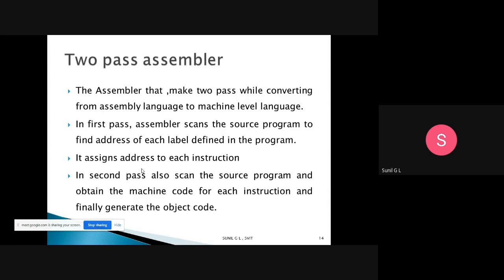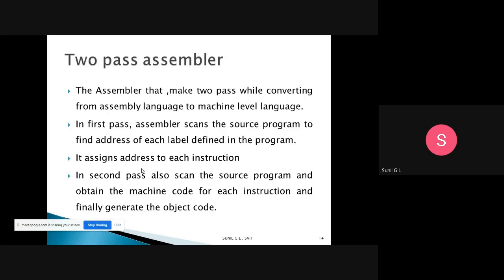In second pass, it will convert the instructions to machine level object code. So first pass is address, second pass is machine code.